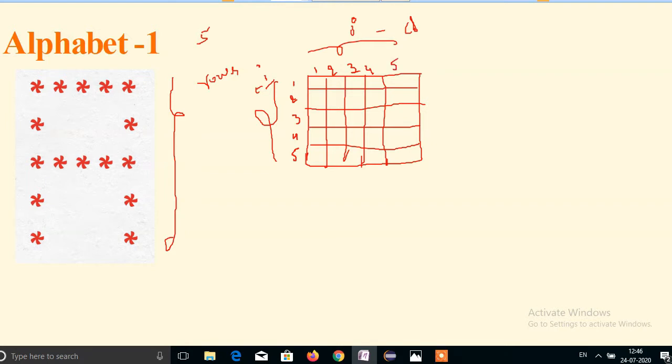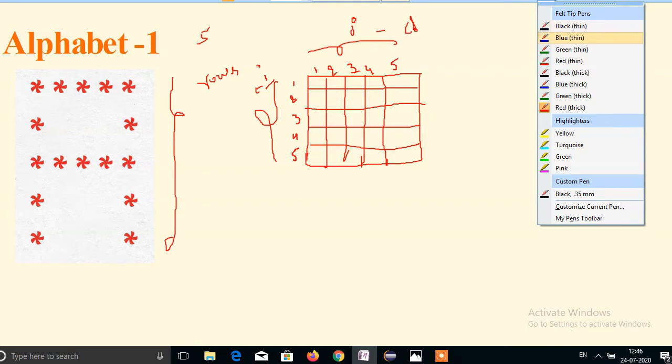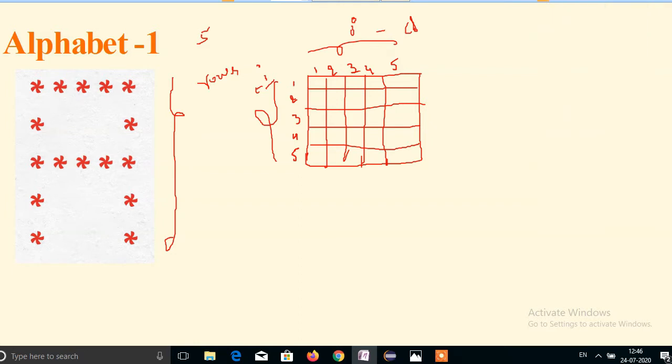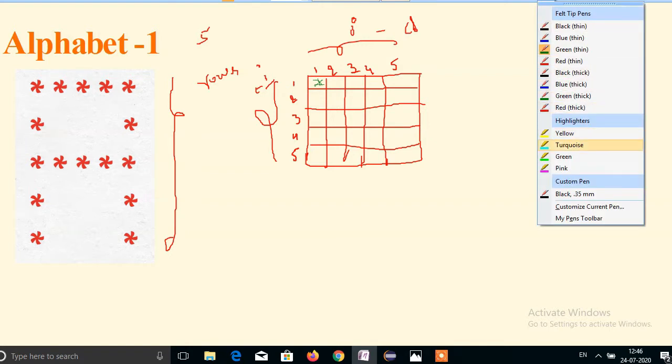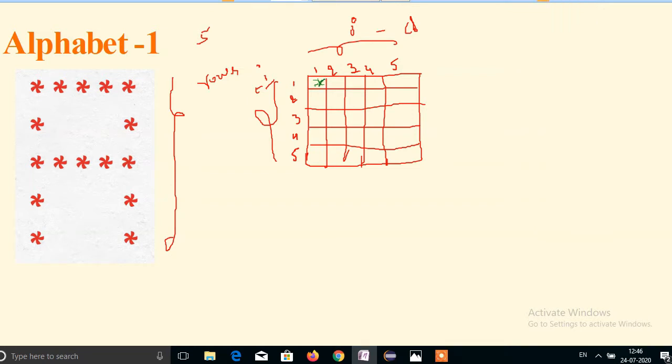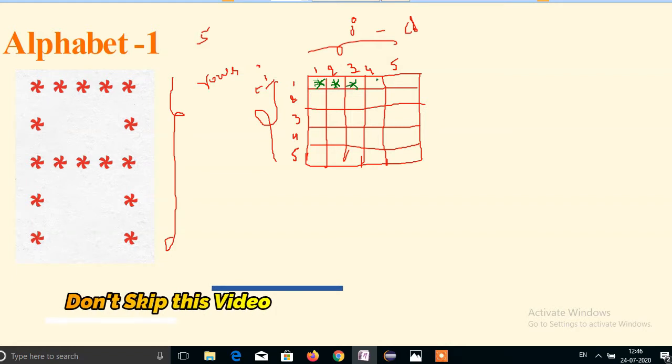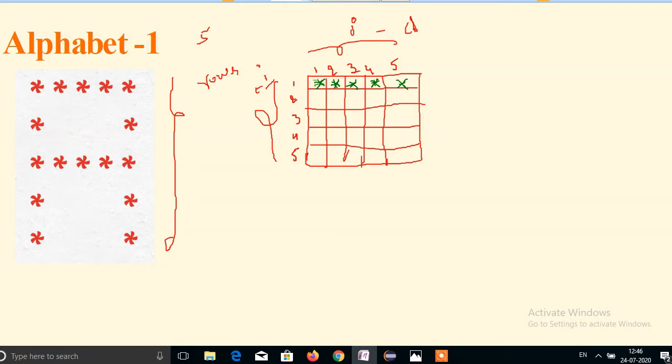Next I will give colors. Now I will give a star here. Okay, here a star will be printed, here a star will be printed, here a star will be printed.